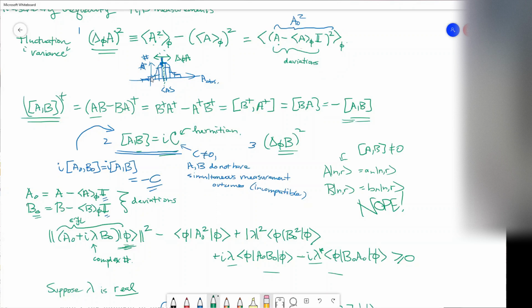Any state of the system will not be in a definite state of both, right? It can be in a definite state of one. It can be an eigenvector of one, but it won't be an eigenvector of the other one. That's what we mean in quantum mechanics by incompatible. It just goes back to the property of Hermitian operators. Once you say that a measurement corresponds to a Hermitian operator, basically everything can be derived from first principles from that, right?